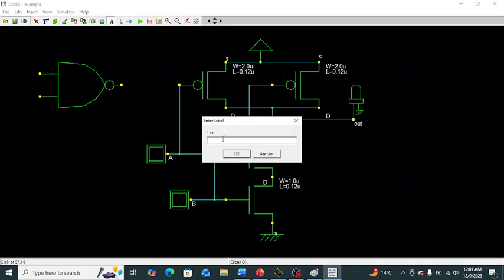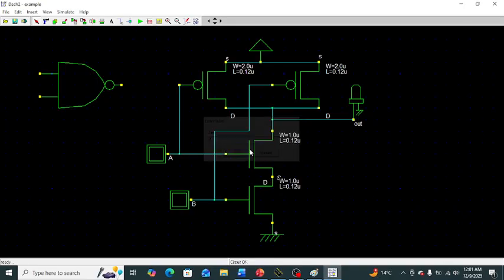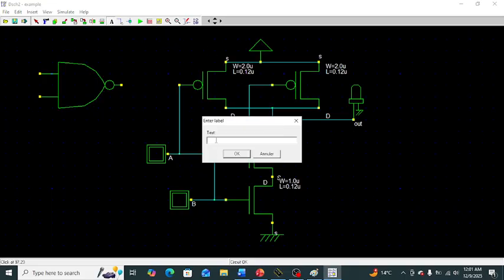So source and drain are directly connected between these two NMOS, and the drain terminal of the first NMOS is connected to the output terminal.